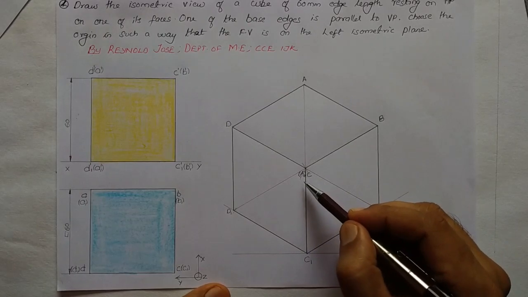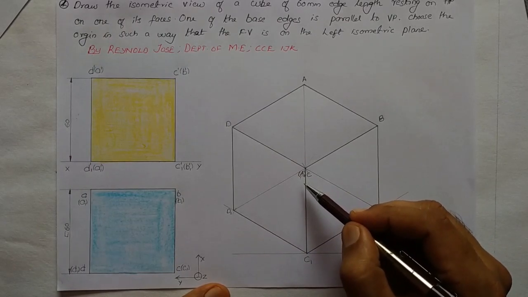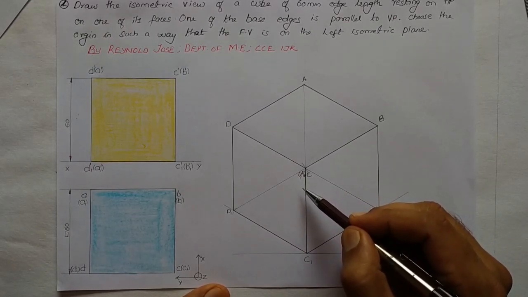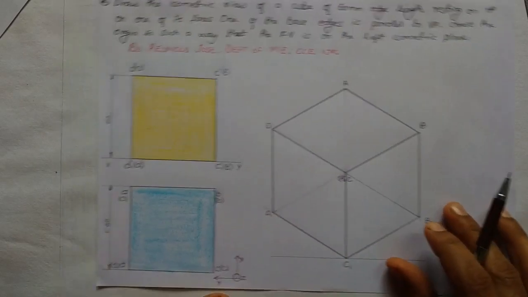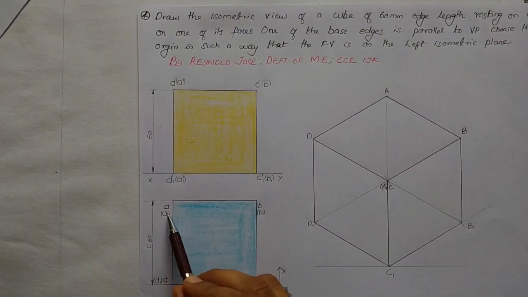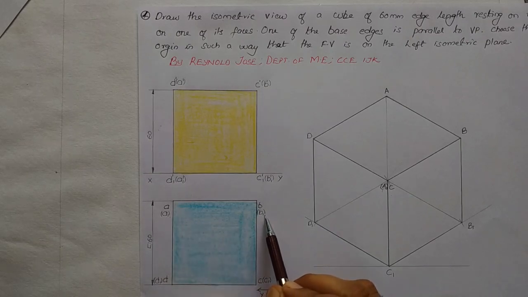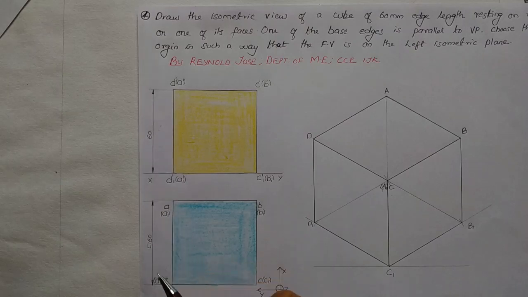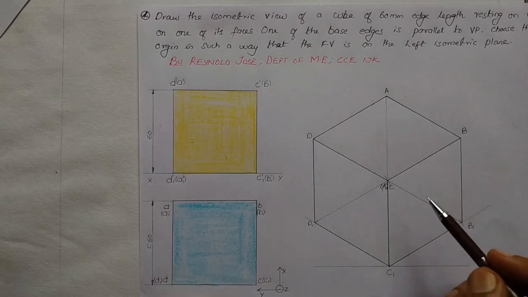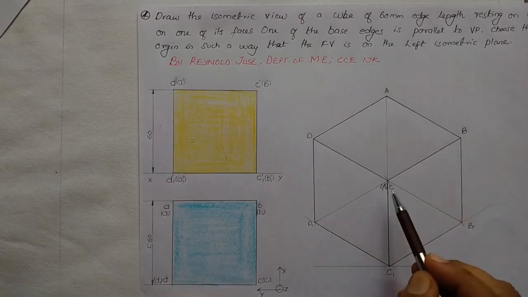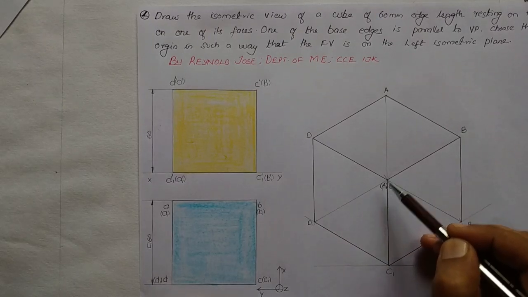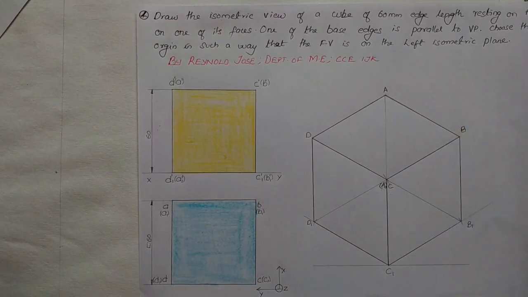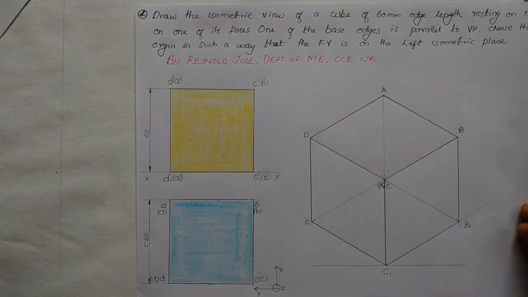If A1 is invisible, all the edges that are starting from A1 also will be invisible. We shall check which are all those edges. So here this point is A1. A1 is along the base. So A1, B1 along the base, A1, D1 along the base and AA1 which is a lateral edge. So these three edges will be invisible. That is A1, D1, A1, B1 and A1, A will be invisible. We have to draw it using dashed thick lines.